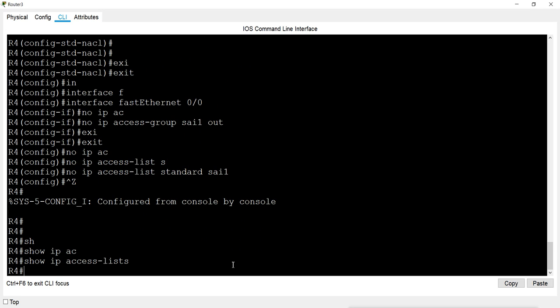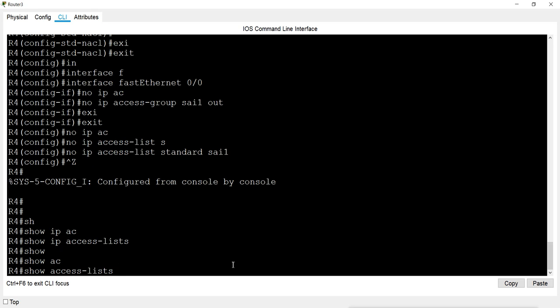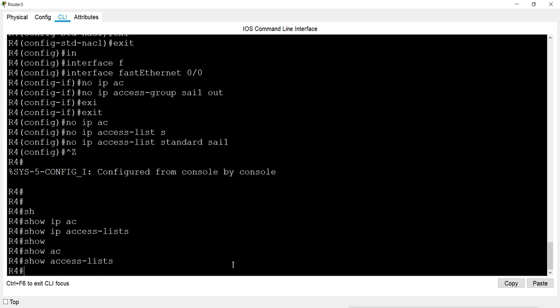And one more thing, we can give the show access-lists command also. It will show all the lists. All the lists, that means what? Sometimes our router supports basically the IP protocol, and IPX, AppleTalk also. So if we want to see all the lists related to IPX or AppleTalk or others, then you give the command show access-lists.